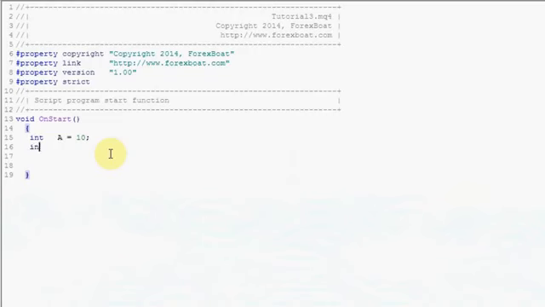So now let's create another one, and we'll call it b, give it a value of 5, and another one which we'll call c, but we won't give it any value, so we'll just create variable c. Now what we want to do is add a plus b and put the result into c, and it's quite intuitive how to do that. We type in c equals a plus b, and at this stage this is an expression,